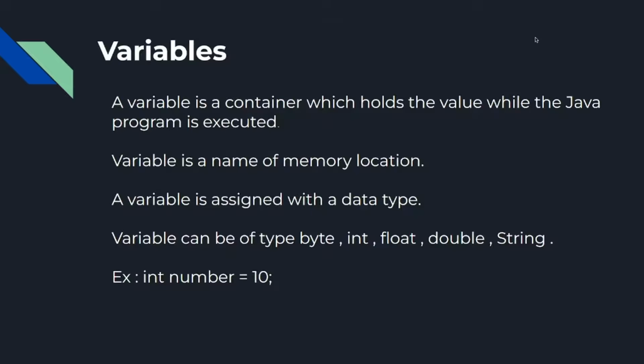A variable is simply a container which holds a value. You can say variable is a name of memory location. Variable is always assigned with the data type. Variable can be of the type byte, integer, float, double, or string. For example, you can see here we are assigning a value 10 of the type integer to a variable named